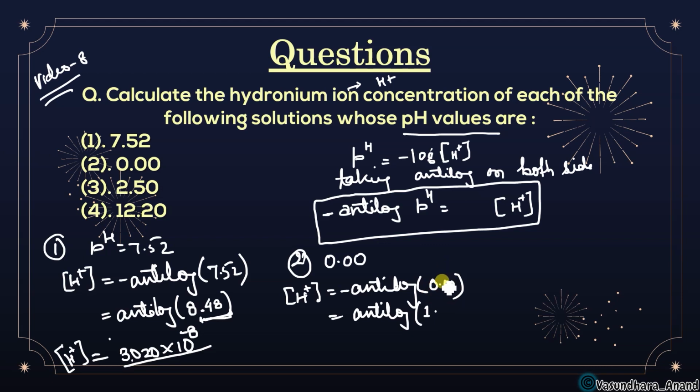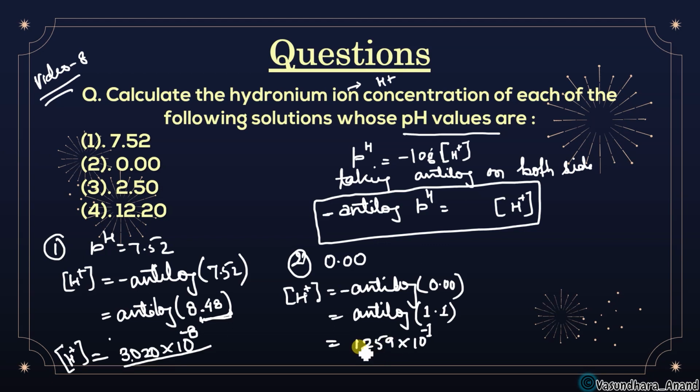1 minus this, it will be completely 1 only, isn't it? So this is 1 minus, you will get this one. So the power will be converted into power -1, and here it is. So you will write that 0.10 and find the antilog for this. You will get this